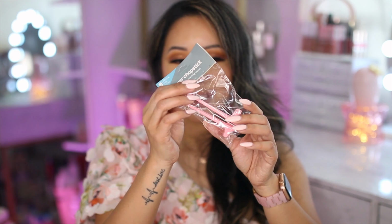Let me know if you'd be interested in a lip swatch video of these lip liners because they look very pretty. Now this was more of like a random product, but they're called finger chopsticks, a hands-free snacking utensil, and